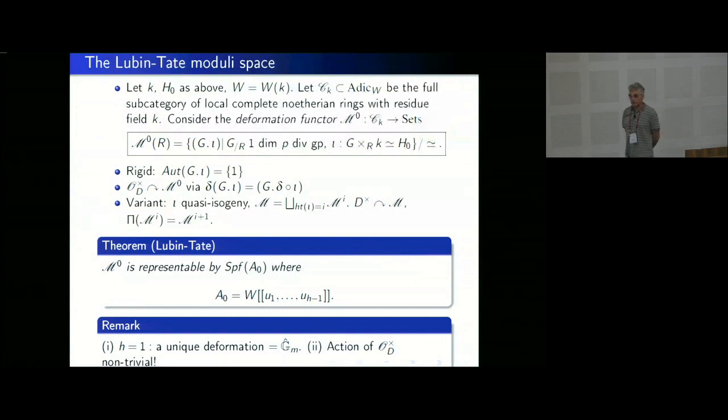Another remark is that because O_D star acted on the functor, right? Whoops, sorry, I wanted to use the laser. Here I have this thing. Acted on the functor. It should act on the formal scheme that represents it. But this action is highly non-trivial. And again, in the appendix to the paper of Gross and Hopkins, he's working out some formulae both for this and for the period map that we'll encounter later. And you can see how non-trivial these things can get.